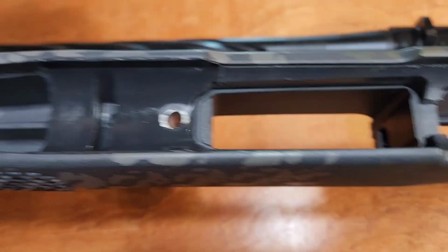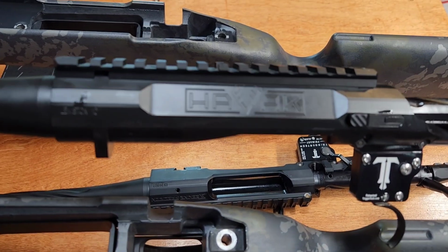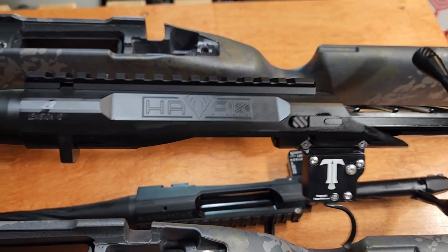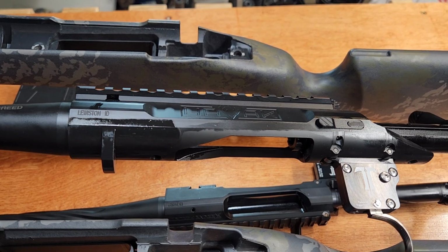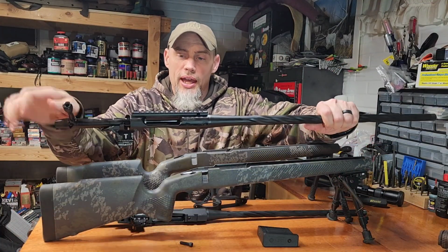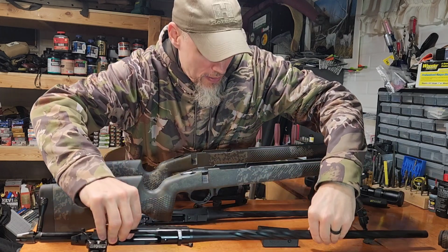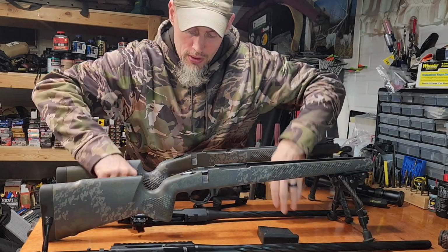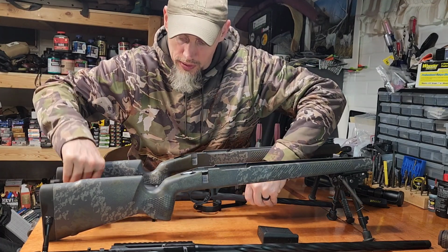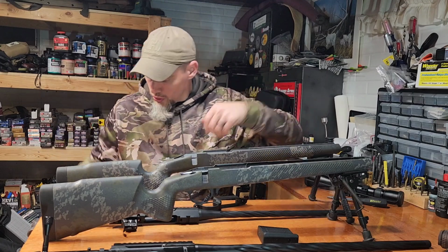On the other one, on the Pro Hunter 2, this action is actually a Remington 700 footprint. So some would say that the Pro Hunter 2 actually has the advantage with having that Remington 700 footprint over the Element here. Because then if you wanted to, you know, change out your stock or go to a chassis